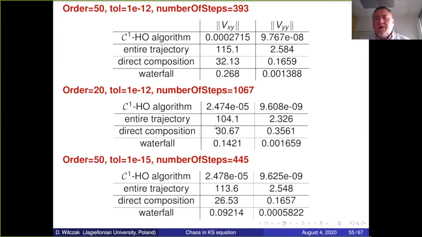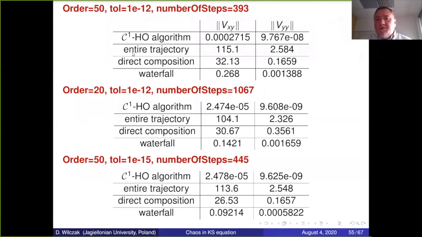If I remember well, it is for some Galerkin projection for the Kuramoto-Sivashinsky PDE. And here we are using the C1HO algorithm, which I proposed in my work with Irmina Walawska. So this is the best algorithm we have already, okay? And it does not use all these logarithmic terms, etc. So using this algorithm, we have bounds for Vxy like here, and for Vyy like that.